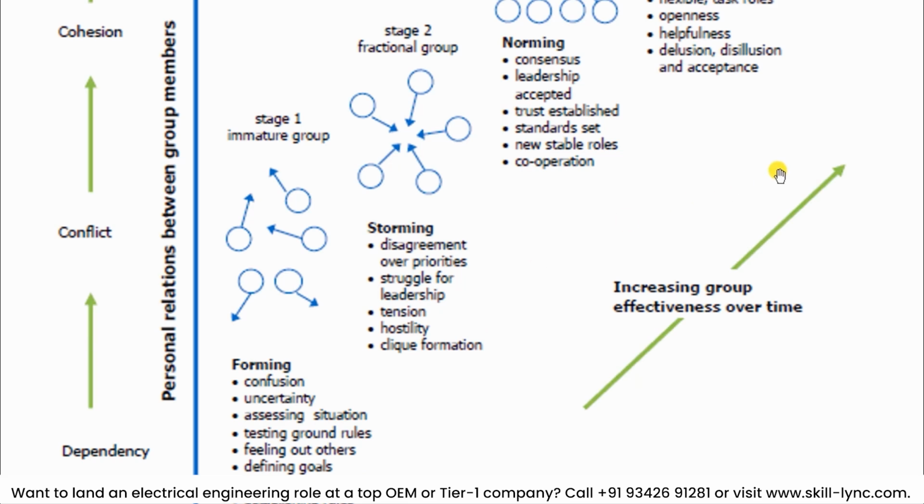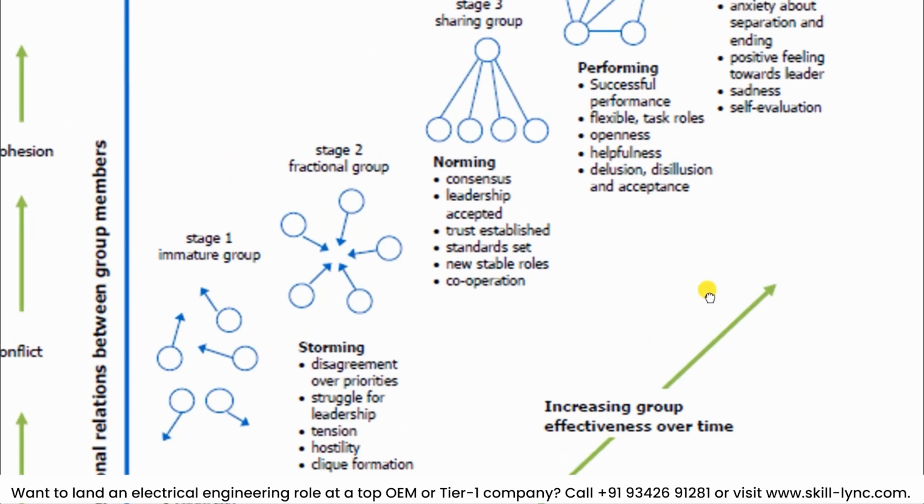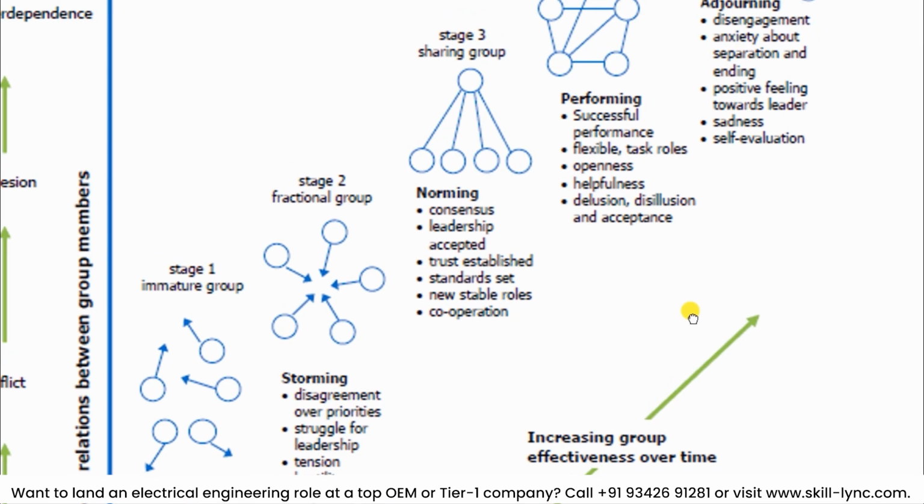In the next stage, where you get a little bit of maturing, called the norming phase, we have a central leader. That is, the leader now gets accepted within the team. All the members get to a common understanding. Now people get to trust each other. They come to believe each other. They can understand the various skill sets.